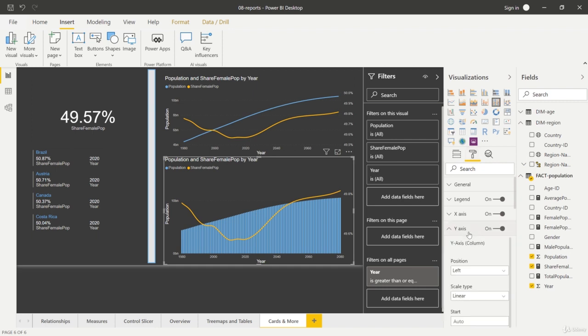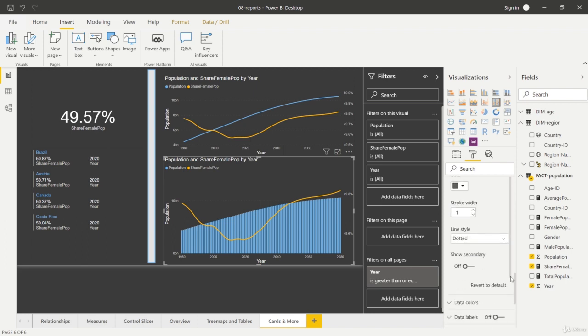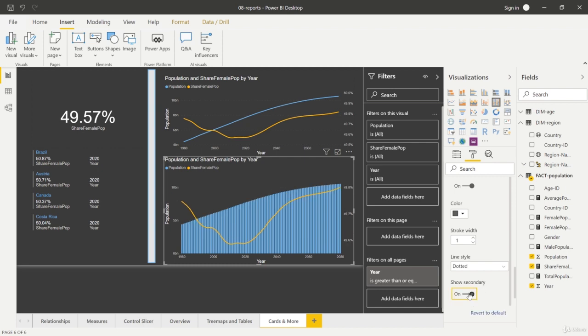Now we don't have this y2 axis option, but we have the y-axis for the column as a first option. You can see it right here. And if you scroll down, very important, inside this menu, we have the scroll option for the entire menu, and we have the scroll option down here. So you need to scroll down up to here. And then at the end of this inner menu, you have this show secondary option. Then turn this on, and now we have the secondary